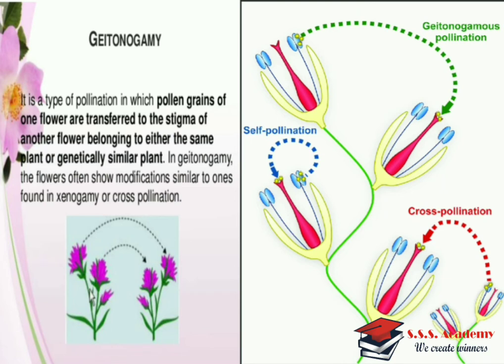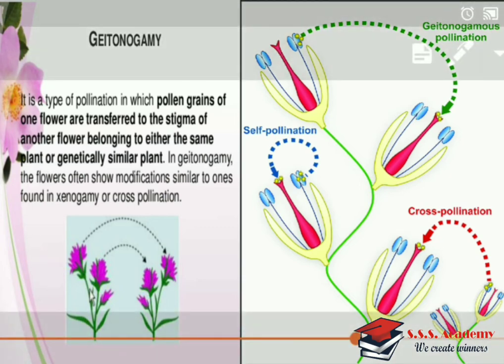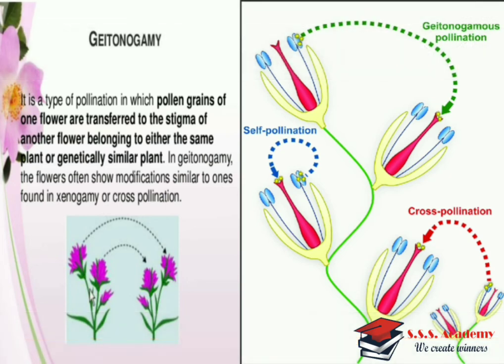If you observe the diagram, see geitonogamy, एक ही प्लांट है, उसके ऊपर अपसाइड देखो, राइट साइड वाला डायग्राम देखो, वहाँ पे दो फ्लावर्स है और इधर लिखा है geitonogamy pollination, ऐसा ग्रीन कलर में लिखा है. इसका मतलब क्या कि there will be one plant but two different flowers are there and the pollination takes place in between them. That is, pollen grains from the stamen of one flower get deposited to the pistil of the second flower. Okay, दिखा है एरो से कहाँ पे आ रहे. That is so called as geitonogamy.